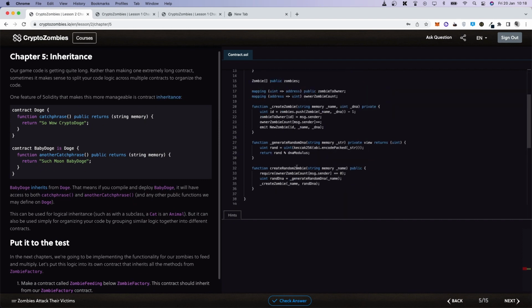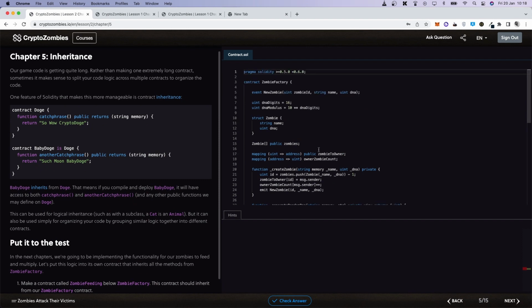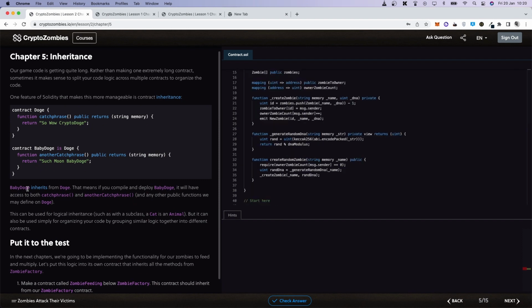Baby Doge inherits from Doge. This means if you compile and deploy Baby Doge, it will have access to both the cache fetch function that exists in Doge and another cache fetch function that exists in Baby Doge, right? So this means that because Baby Doge is inheriting